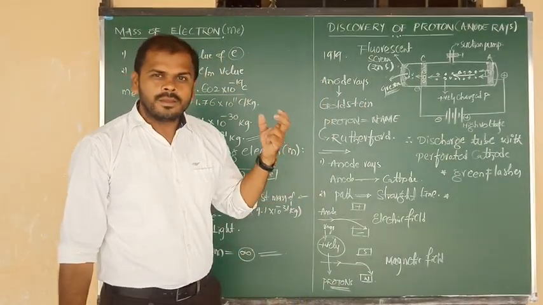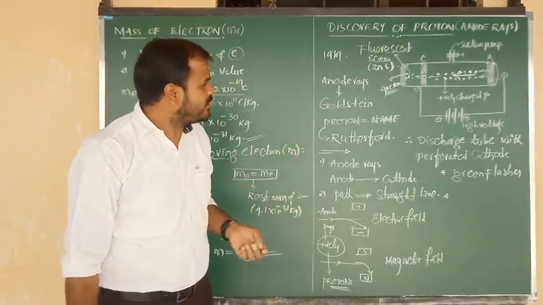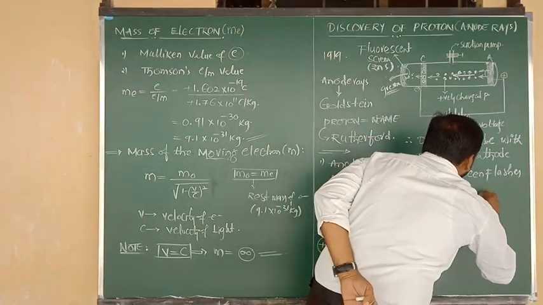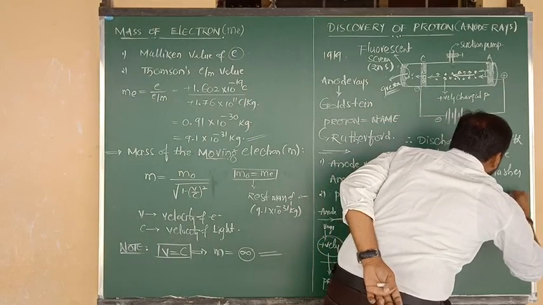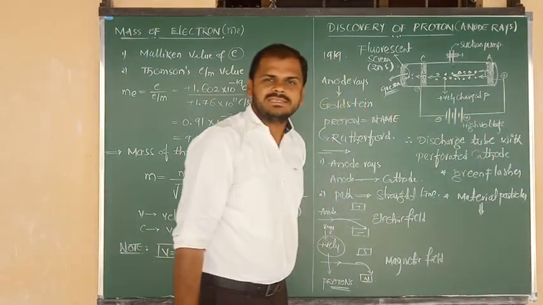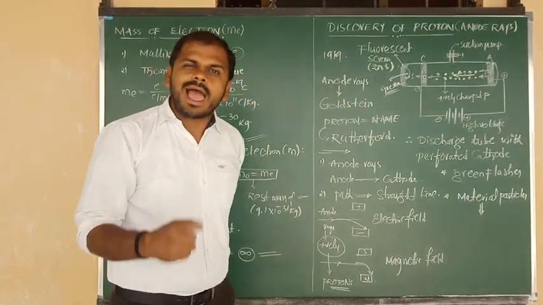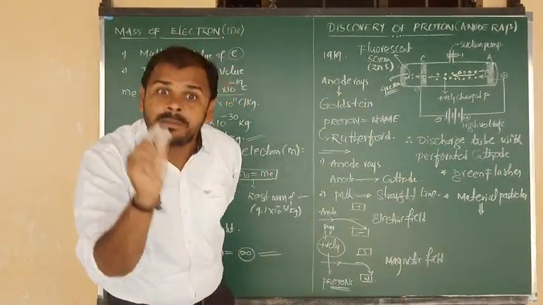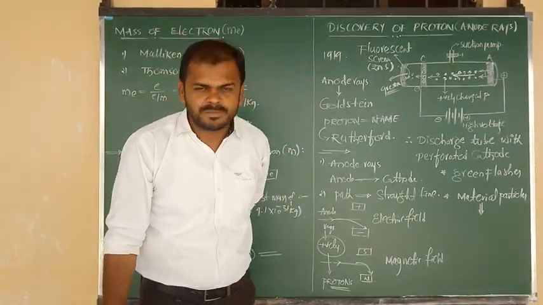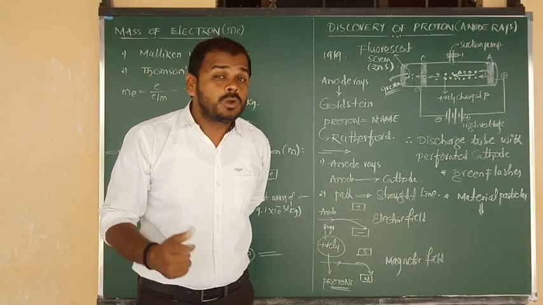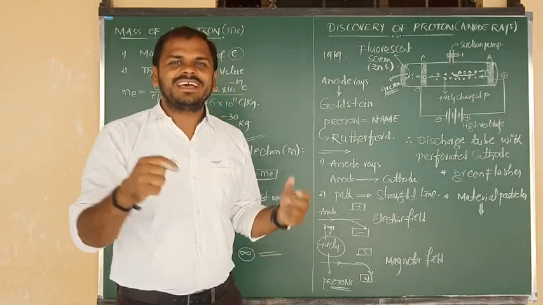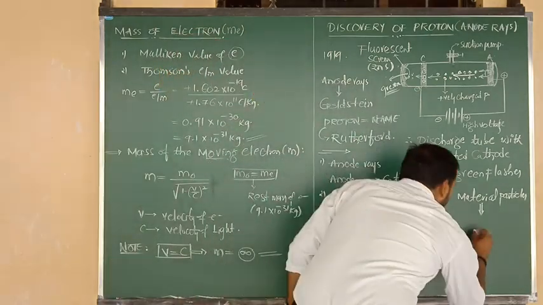A very important point, listen carefully. Anode rays are known as material particles. Why are anode rays known as material particles? The reason is, they are moving with very high speed and very high velocities. Due to that, they have kinetic energy, so they are capable of rotating a